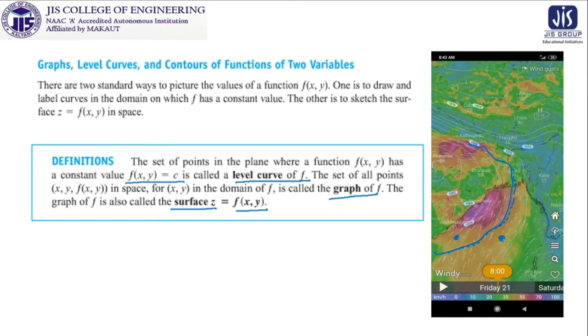If you want to know in which category this particular point falls, then you have to find another curve passing through this point and find the value for which that curve is specific. So this is nothing but the concept of level curve. So I think you know what the application is. I think it is already exhibited to you.